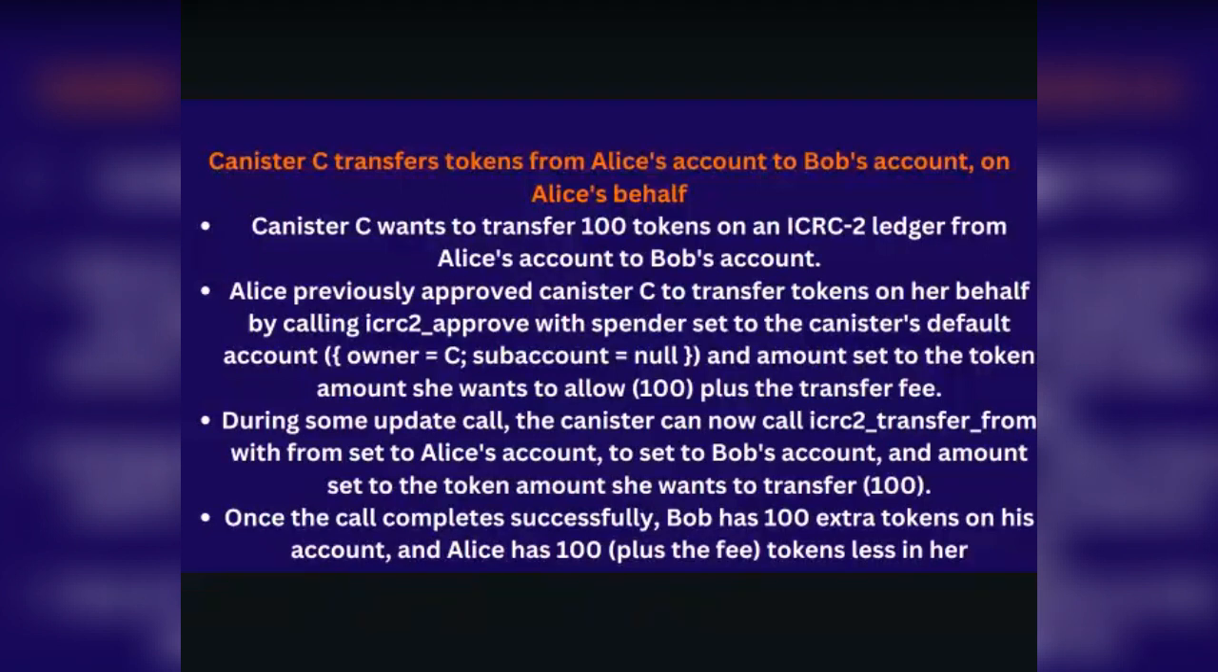So here's a scenario where canister C can now, after that particular task that has been given, transfer tokens from Alice's account to Bob's account on Alice's behalf. See how powerful that is, so I'll just not read through all this, but